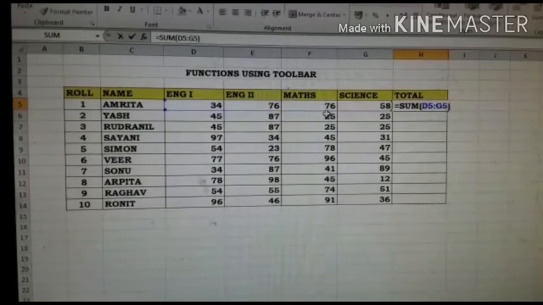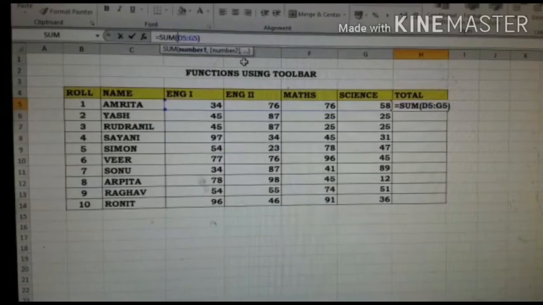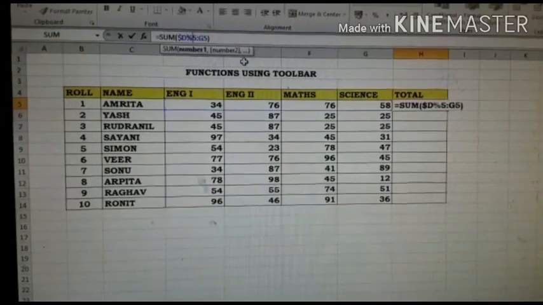Now I am going to make the cell address an absolute reference. So instead of this, I have to put the dollar sign in front of the column address and row address. You will get the dollar sign on your computer keyboard. Okay, $D$5.